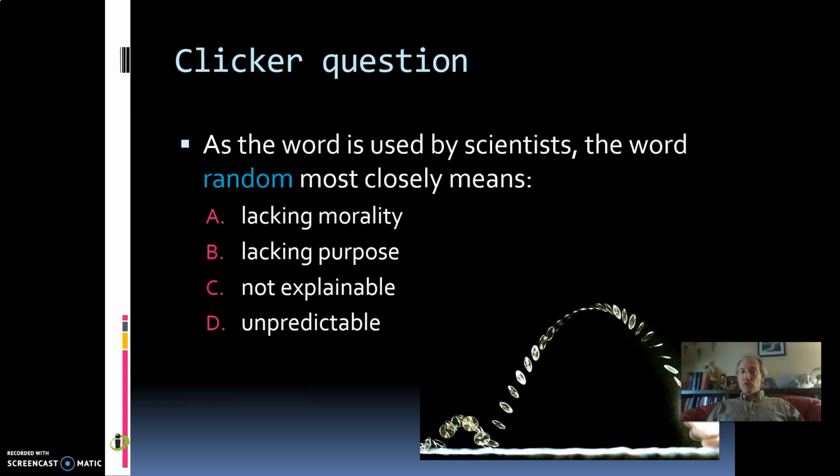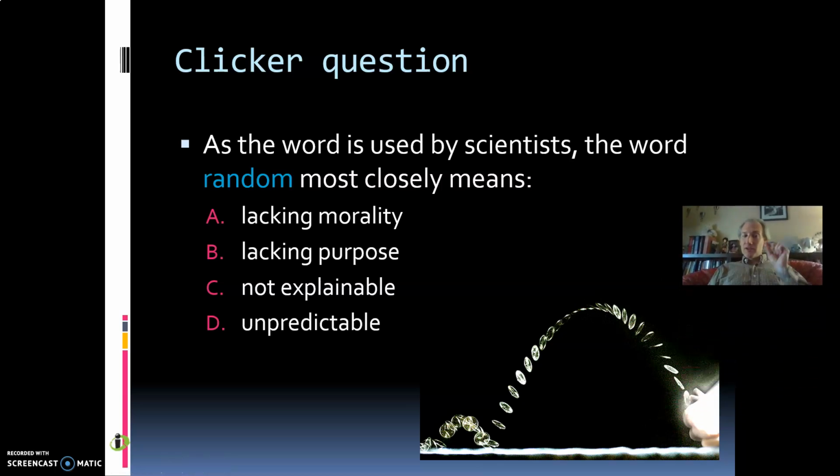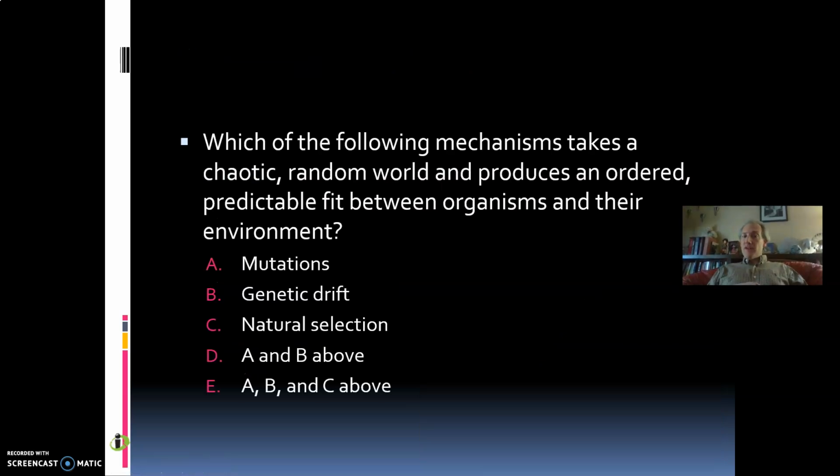So let's do two quick ones. As the word is used by scientists, the word random most closely means, pause your computer, by now you should be expert at this. Clearly, when scientists use the word, it means unpredictable. Let's do one more. Which of the following takes a chaotic random world produced by randomness and creates an ordered, predictable fit between organisms and their environment? We don't have time, but pause your computer. The answer clearly is natural selection. That's the only idea